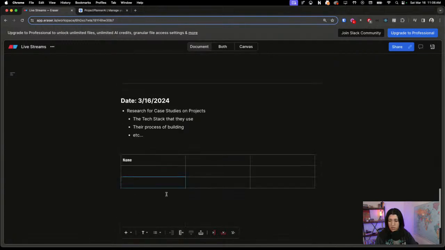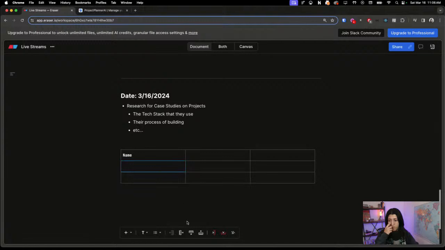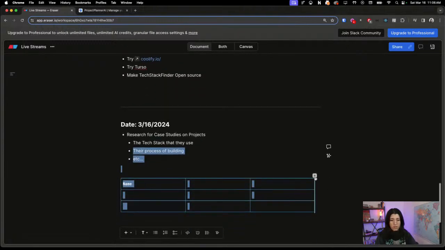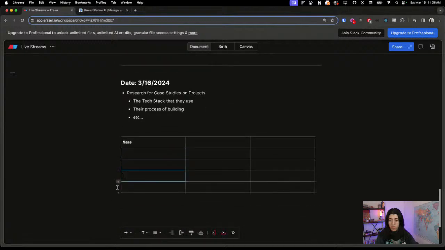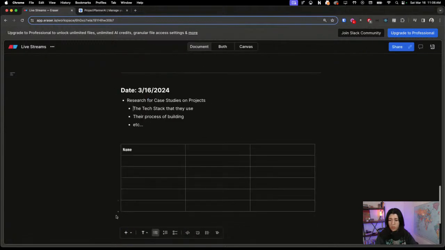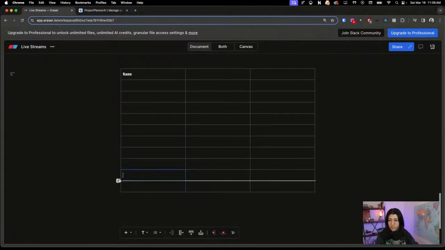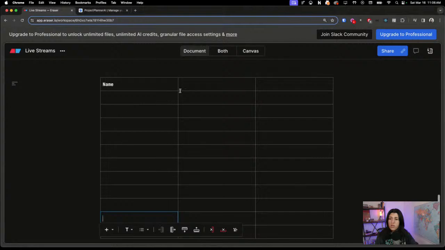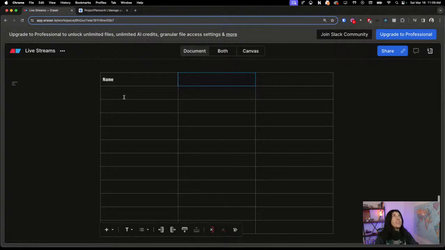Let's add some more rows. Nope, not columns. Rows, there we go. Maybe adding a couple rows might be the issue. What? Okay. Name